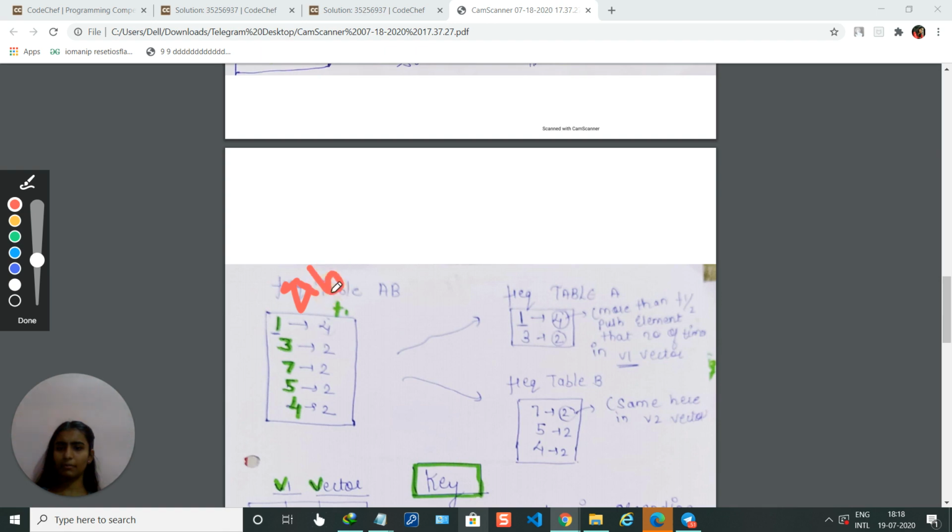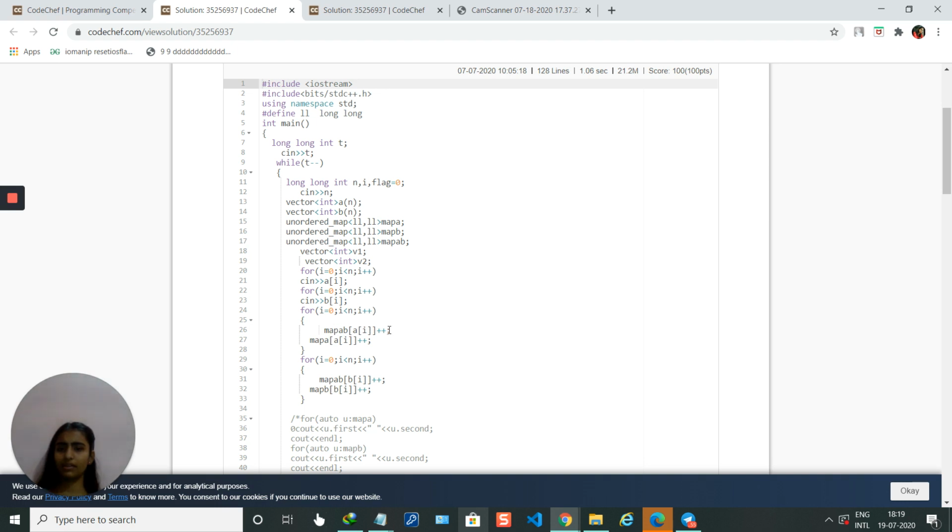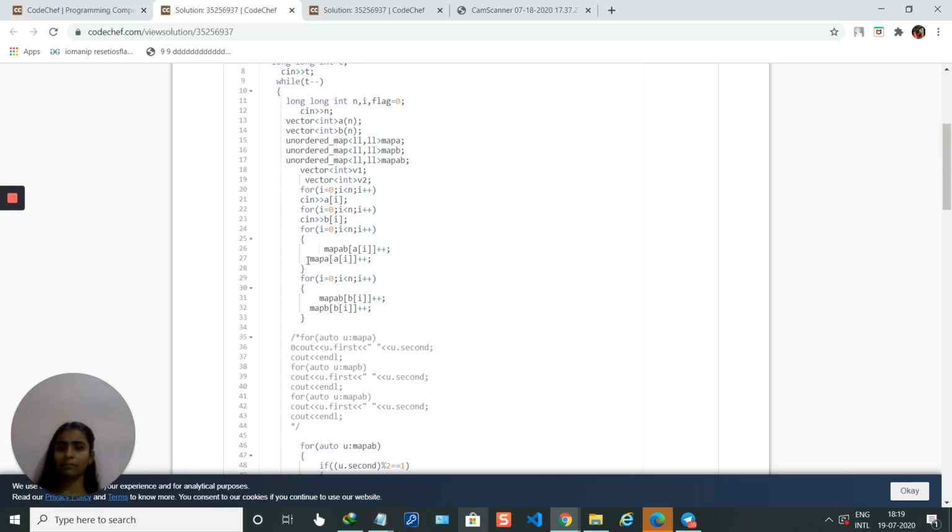For this I have taken map AB, for this I have taken map A, and for this I have taken map B. In this way it will calculate the frequency of each element and store it in the map. For AB, and individually A and B, they will hold the frequency of each sequence. Map A will hold the first sequence and map B the second sequence.